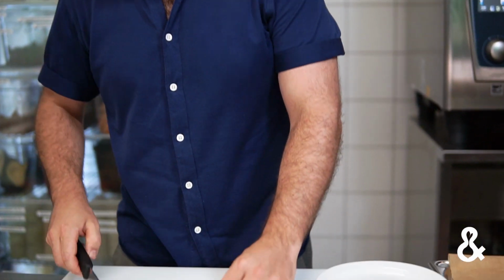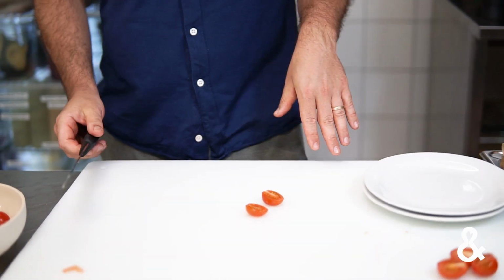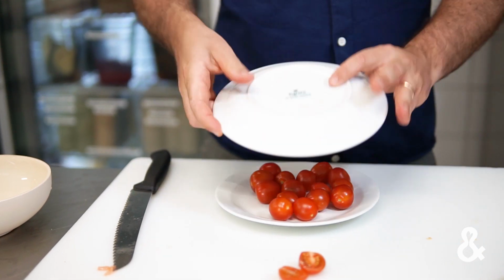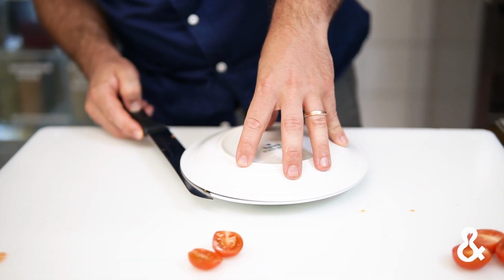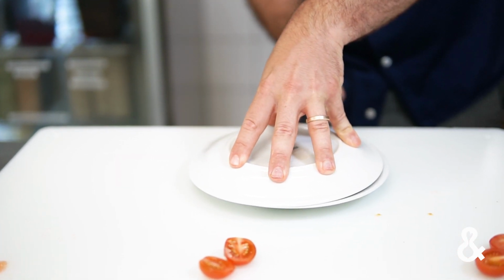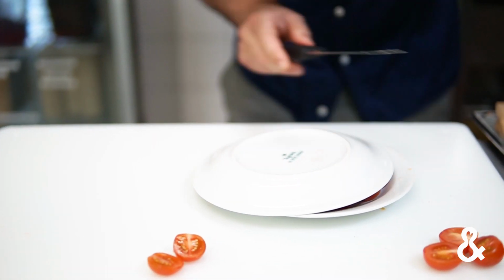There are different possibilities how to cut it. Number one is you put it down on the cutting board and you cut it in half. If you have a catering for 500 plus people, this will be kind of difficult. That's why we have a little trick. We put it onto a small plate, put another plate on top of it, then you have a very thin layer, which should be exactly the middle. Then you cut one time through,